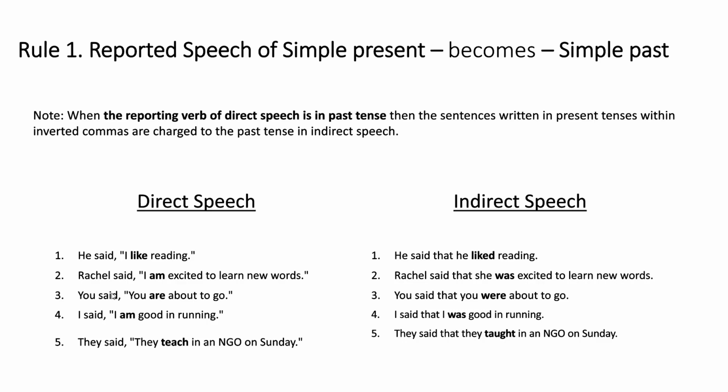You said is in the past tense, so the sentence will also be changed to past. You said you were about to go. You said that you were about to go. I said I am good in running. I said that I was good in running. They said they teach in an NGO on Sunday. They said that they taught in an NGO on Sunday. Teach will become taught because the reporting verb is in past. So this is all,